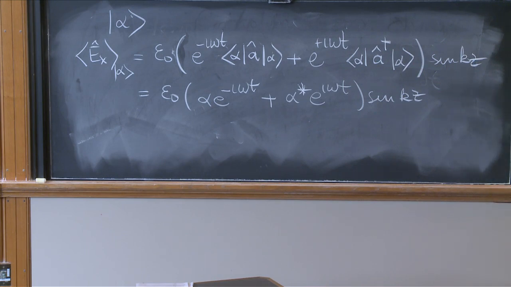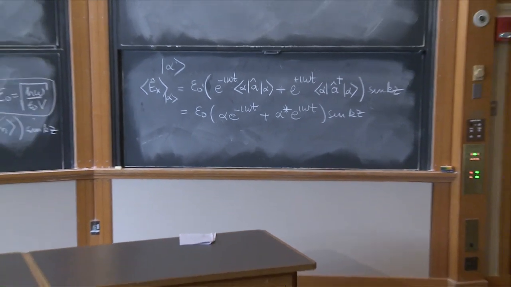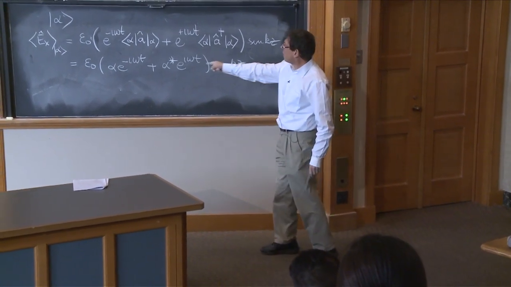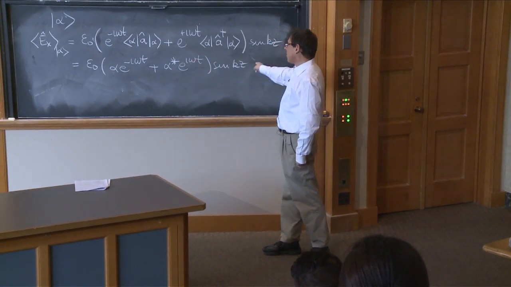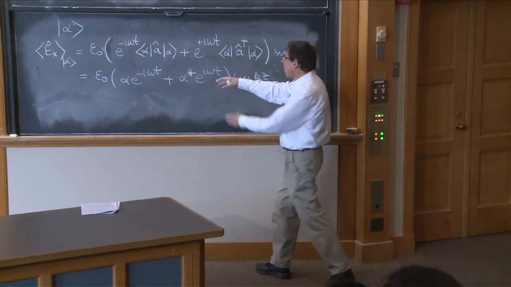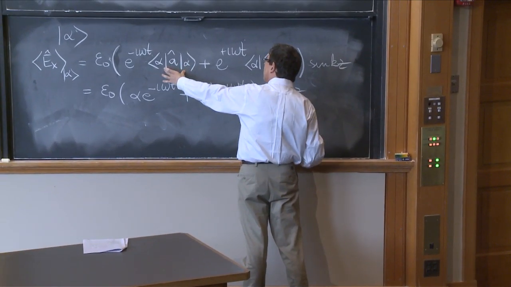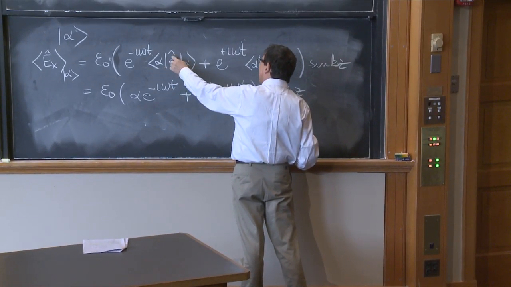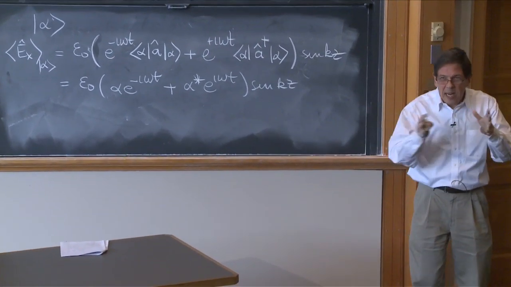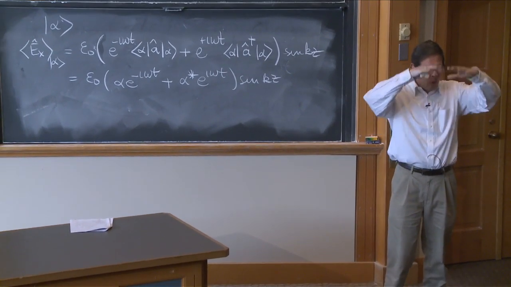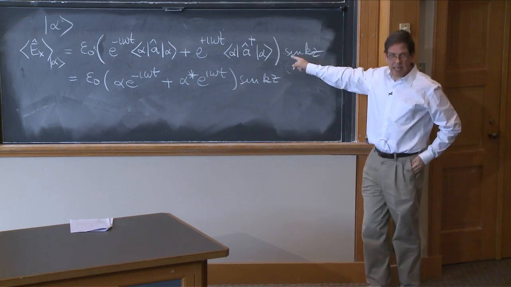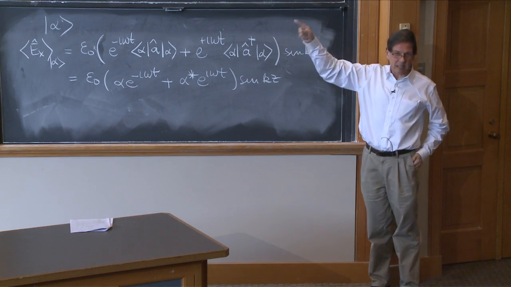The coherent state is the state for which the expectation value of the electromagnetic field is precisely the kind of waves you've seen all your life. These waves, traveling waves, stationary waves, all those only appeared because only on coherent states a and a dagger have expectation values. So what we really call a classical wave resonating in a cavity is a coherent state of the electromagnetic field in this sense.